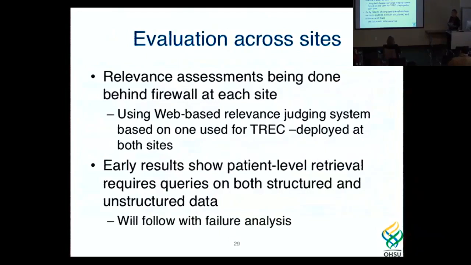these relevance judgments. We've actually developed a web-based system that makes it easy for the people who do those relevance judgments to quickly navigate through the data and say, this patient is relevant, this patient is not, for the information need. And we started to generate some early results, and it turns out that that typical type a few words into a search engine kind of approach that worked reasonably well in some of the